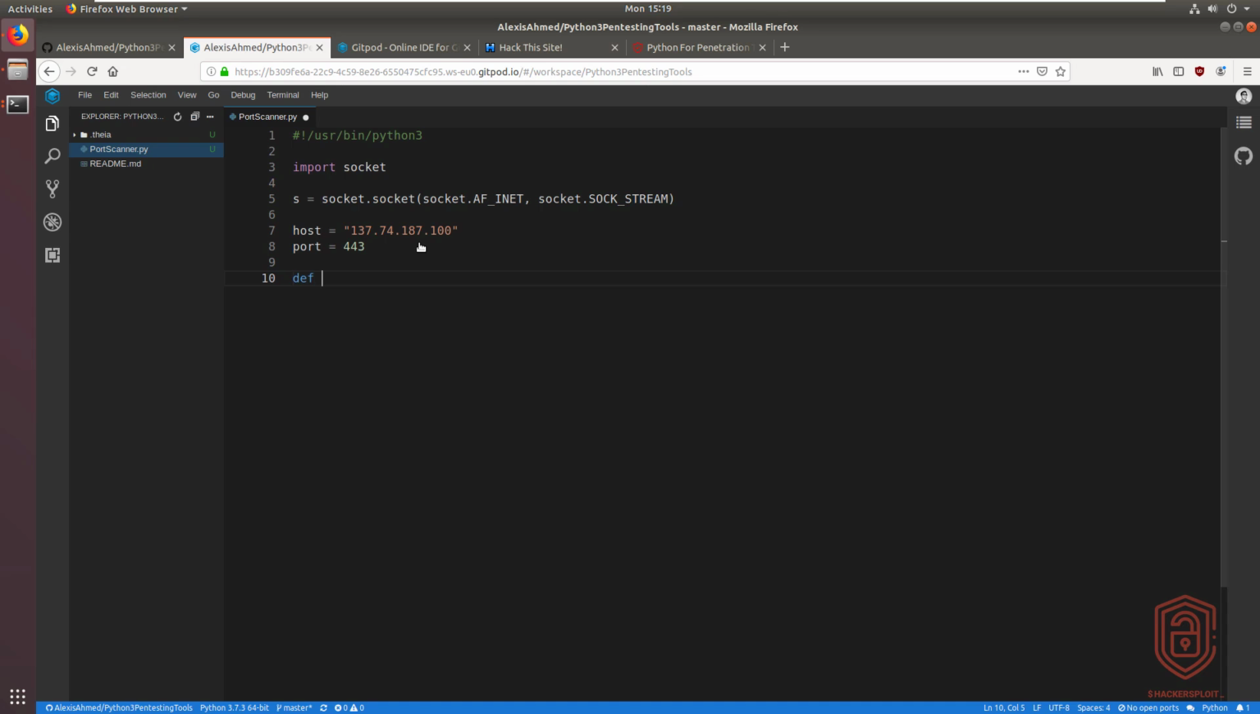So we're going to say def port_scanner. That's going to be the name of this particular function, and the variable we're going to be passing, or the value here, is going to be the value of port. We're going to use an if statement just to actually perform our scan. So we can say if s